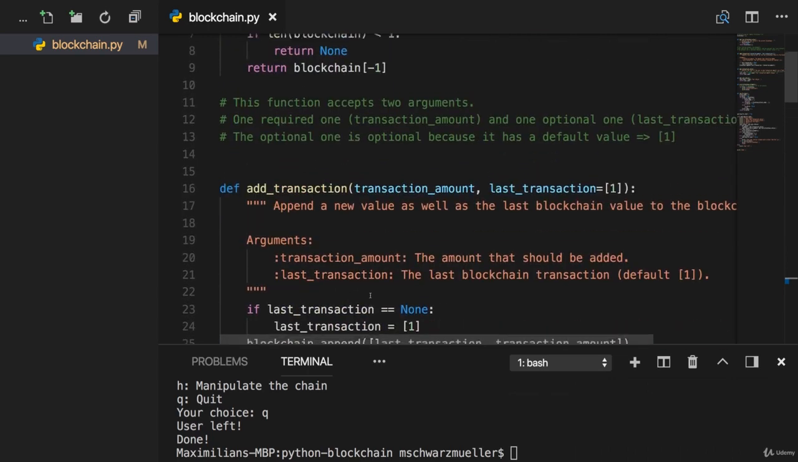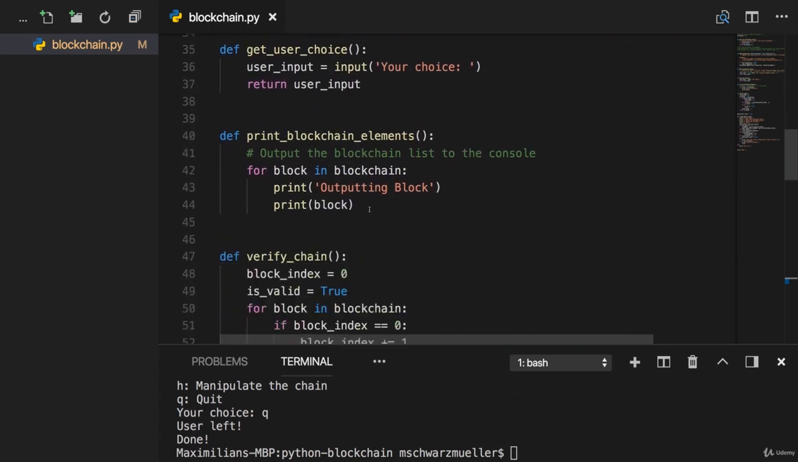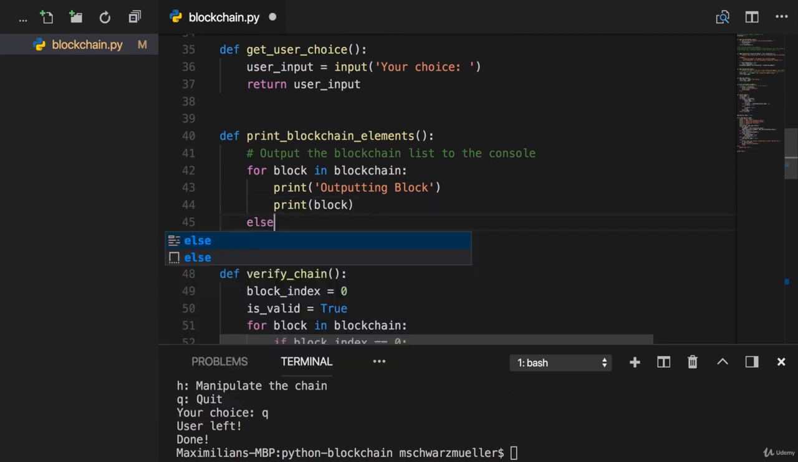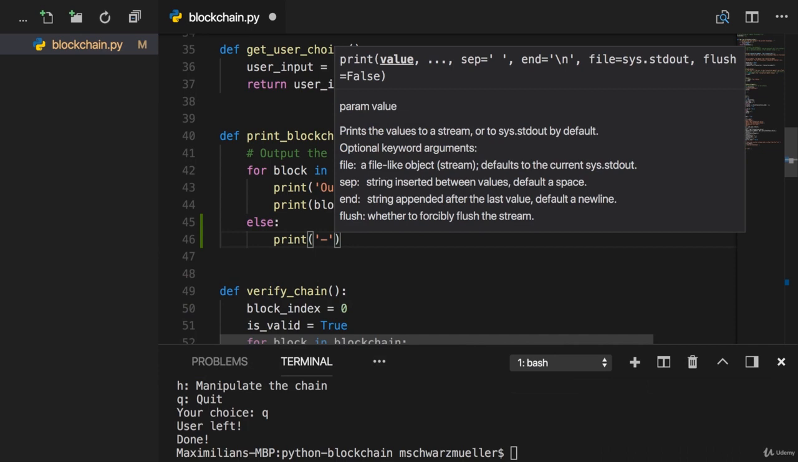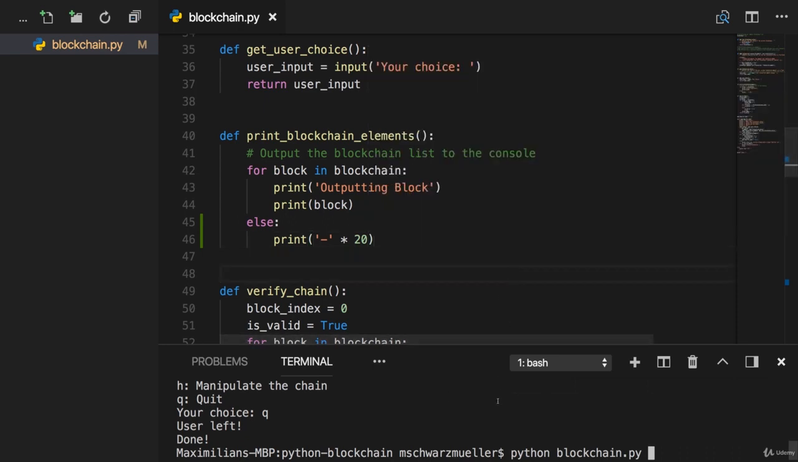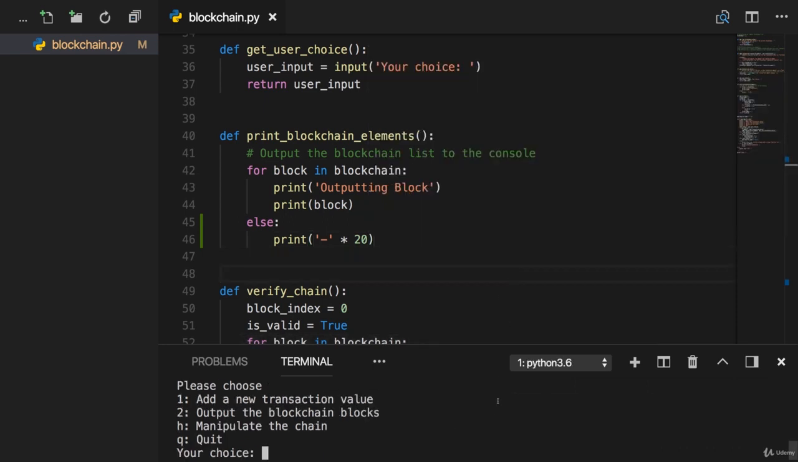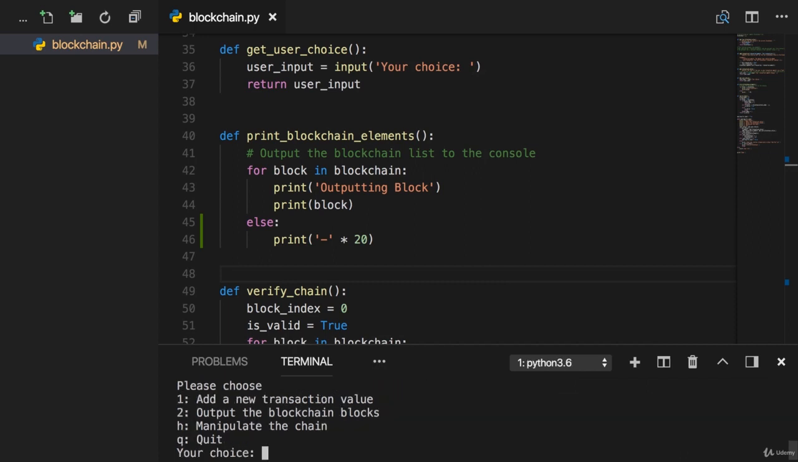For the for loop, it's actually the same. If we go to our for loop here, where I print my blockchain elements, if I specify an else block there, we can, for example, do a little trick we learned earlier and output 20 dashes. If I now execute my file and I add a transaction, whoops, it was too fast there, and I add a transaction here,